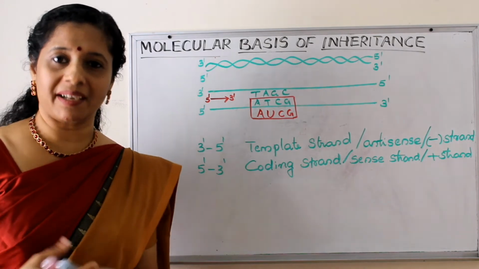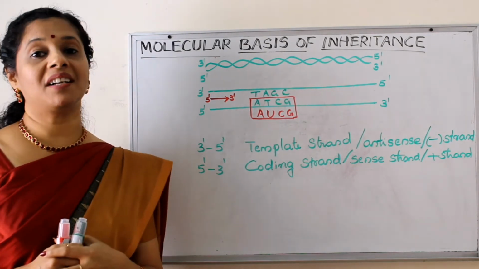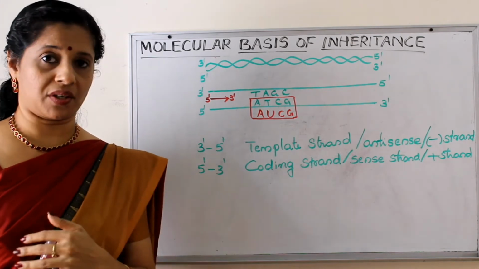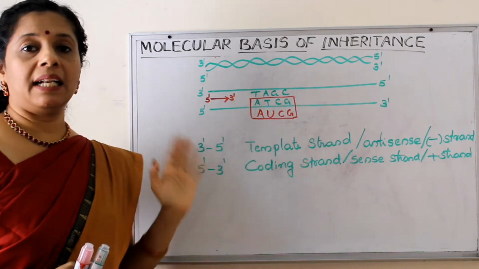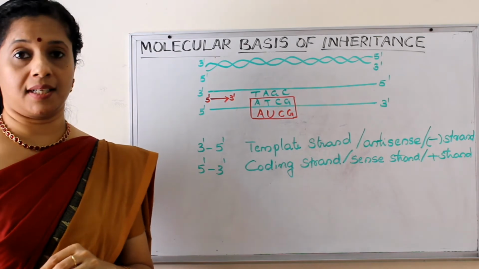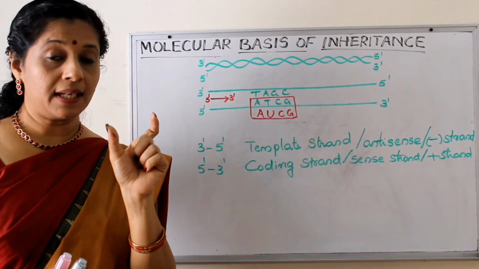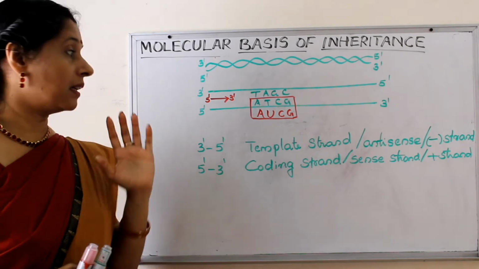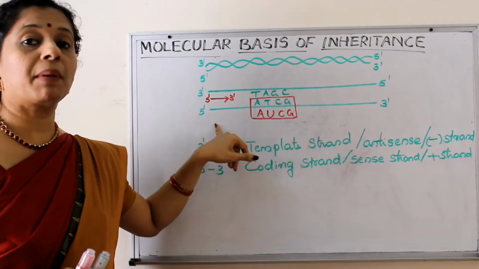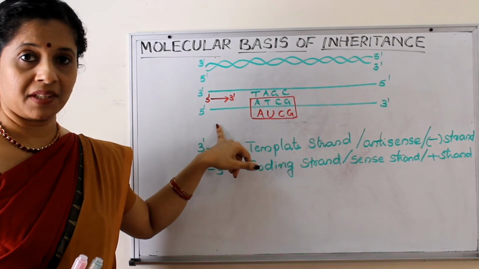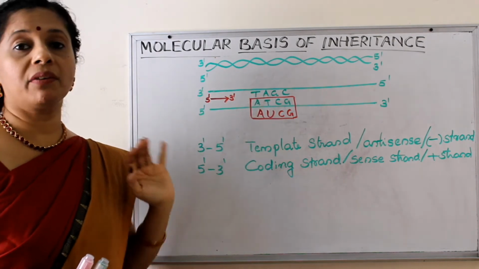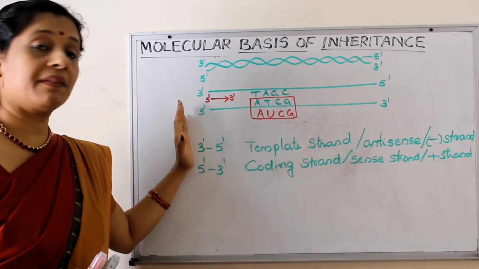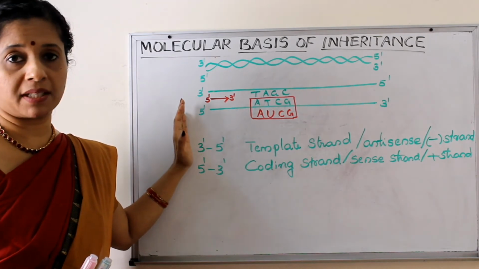It has to get some recognition, right? So for that, what are we doing? We are trying to tell everything with respect to the coding strand. If I am telling where the promoter is located, promoter means the sequence which is helping in starting the process. So I will tell the promoter is located at the 5' end of the coding strand. I don't say it is at the 3' end of the template strand. I will say it is at the 5' end, or the left side is always where the promoter is present.